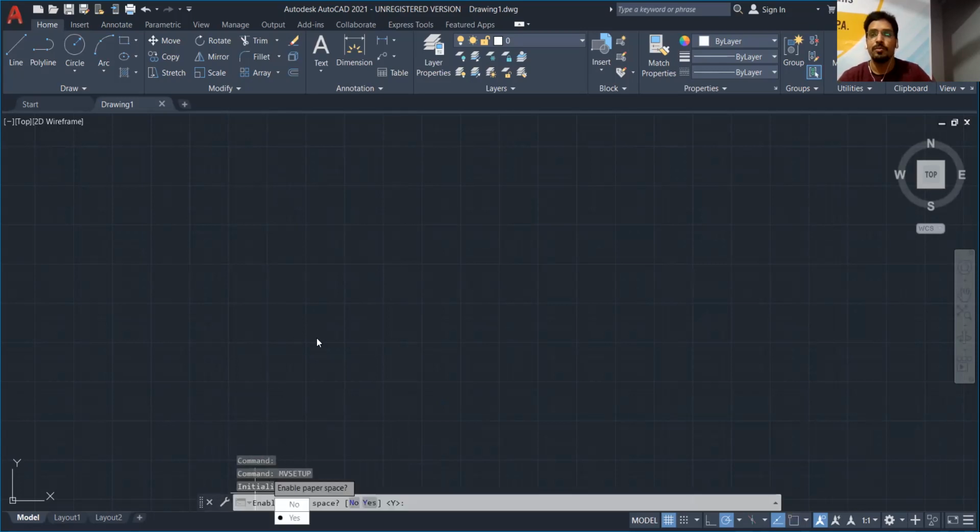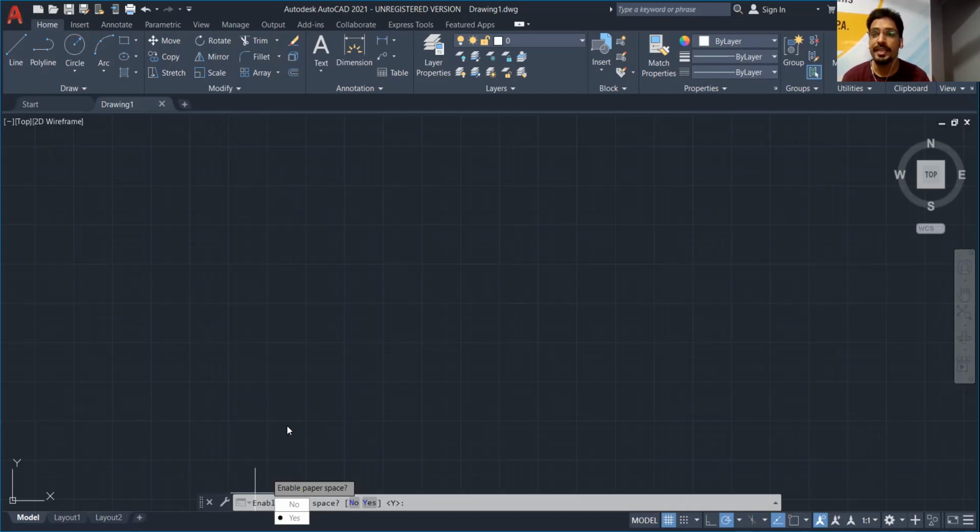When you type MVSETUP and press the Enter key, you will get another option: Enable paper space. Enable paper space gives you two options, No and Yes.